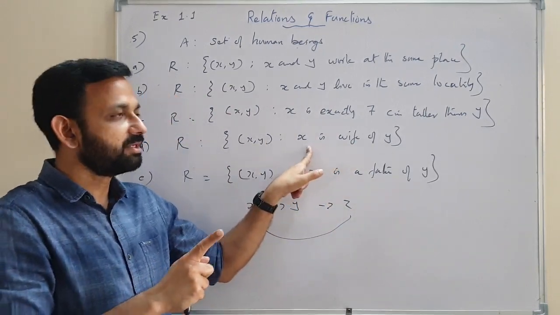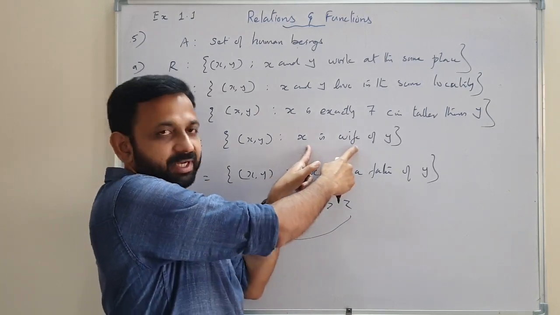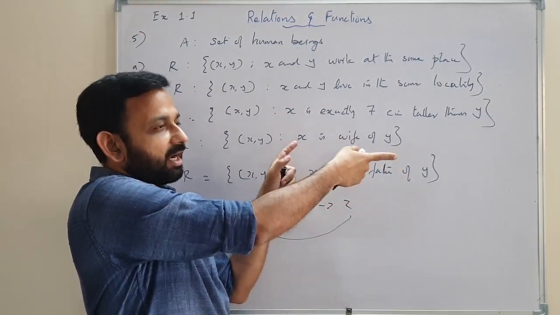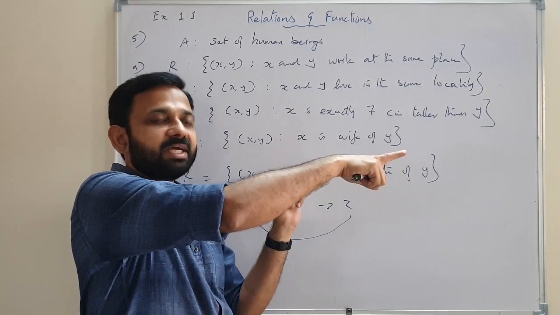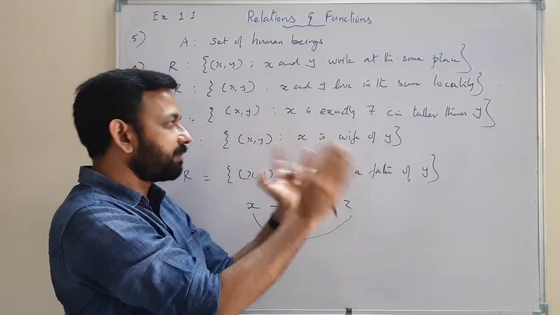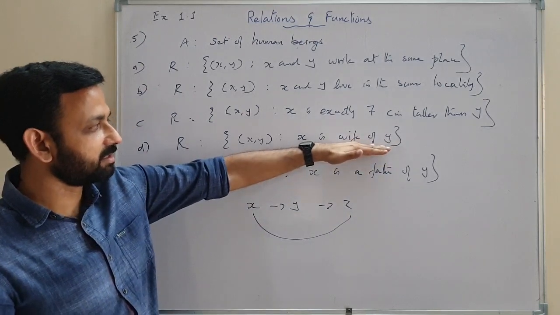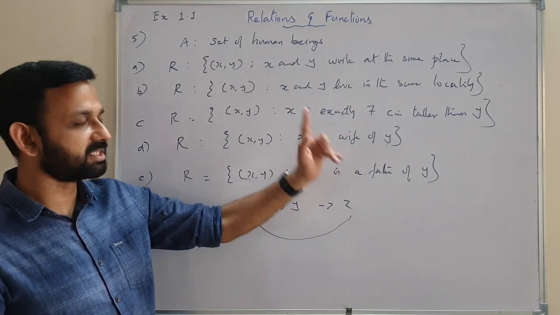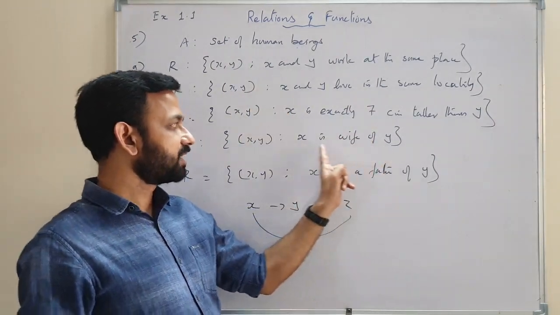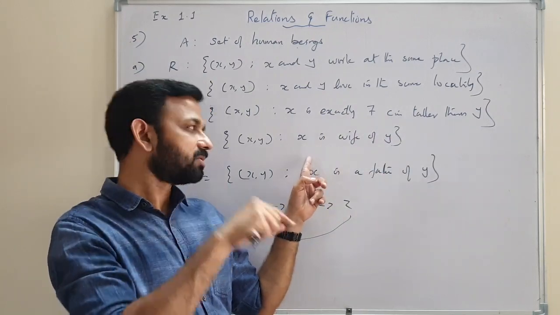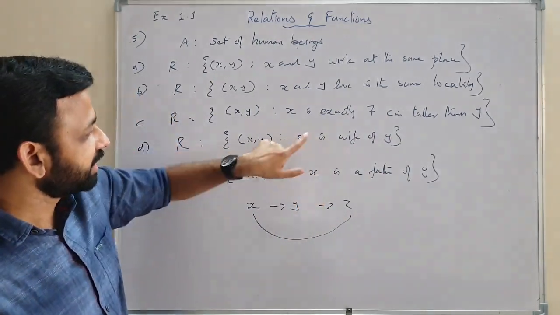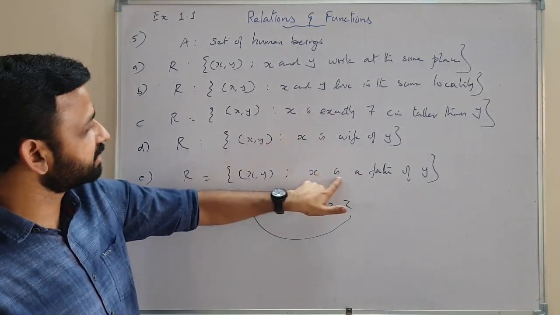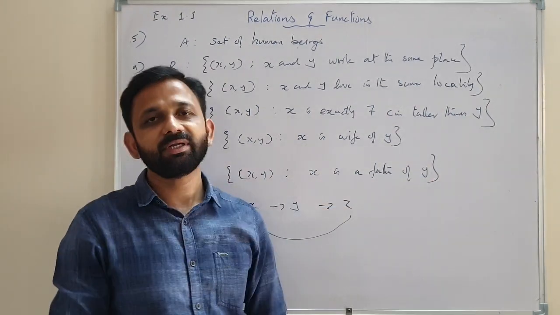And here transitive, we cannot contradict the transitive property because we don't get a second pair. If x is a wife of y, y cannot be wife of a third person because y is a male, so second pair we don't get. If we have two pairs, then third pair should be there, that is transitive property. So in this question it is transitive, not reflexive, not symmetric. But the father relation is not reflexive, not symmetric, and not transitive.